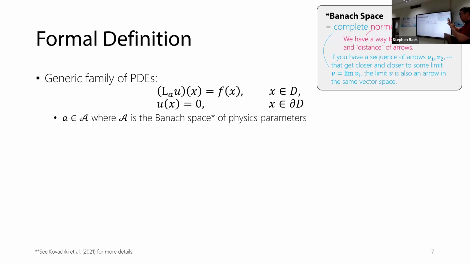But in pure math, actually we view vectors in a much broader scope. And things like functions are vectors in the sense that you can add functions, you can compute the dot product between the functions. You can also measure the norm of a function and so on and so forth. So you can assign the vector space property to arbitrary functions. And then the requirement for a Banach space is